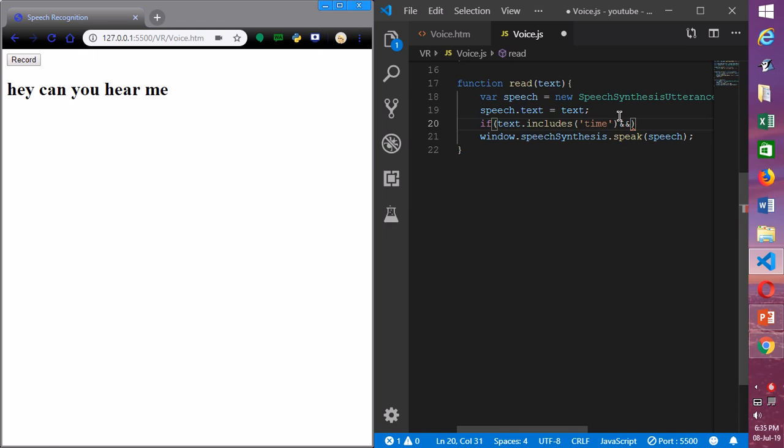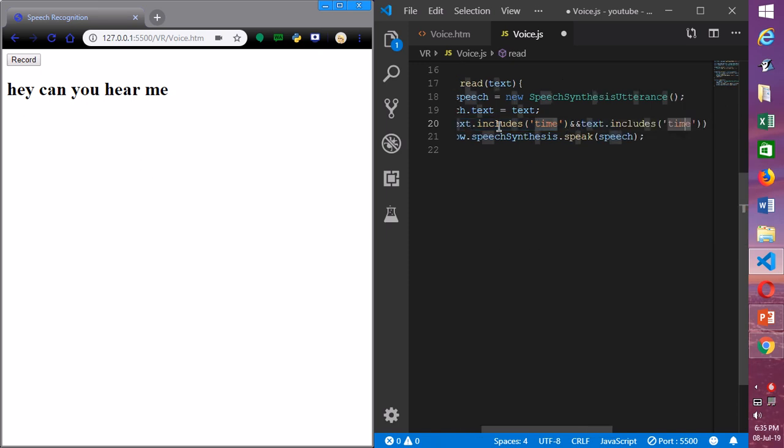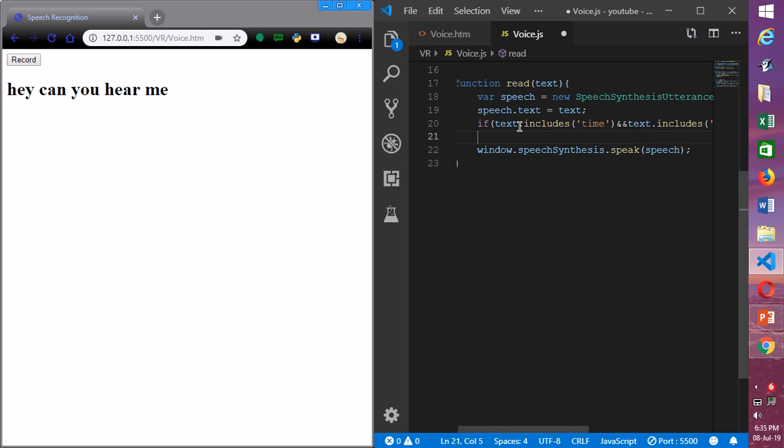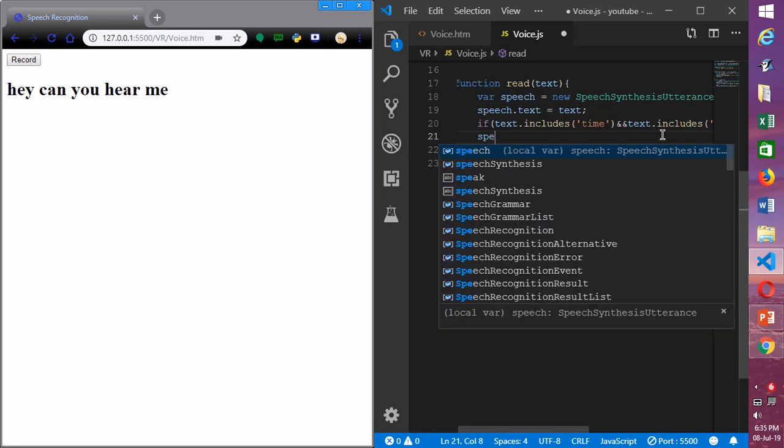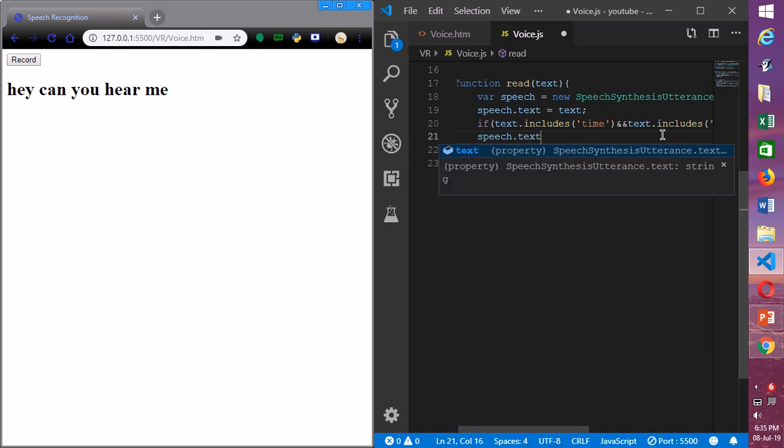In that case it would again start saying today's time, so I don't want it to do that. So let's copy this whole thing and put it over here. So if text dot includes time and the string now, then it's going to make speech dot text equals to